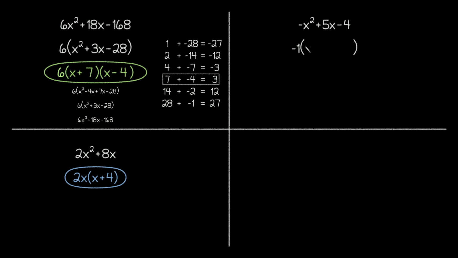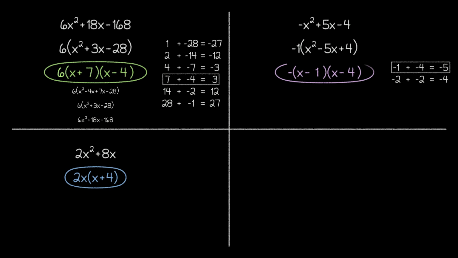When we do this, we have to divide each coefficient by -1, which essentially just flips the sign of each term. Then, we can further factor the expression inside the parentheses to get this result. And notice that instead of writing -1 outside the parentheses in our final answer, we just put a negative sign, since that has the same effect.